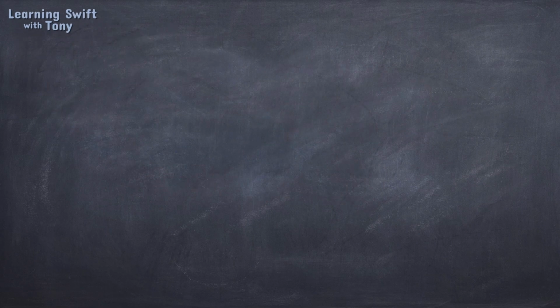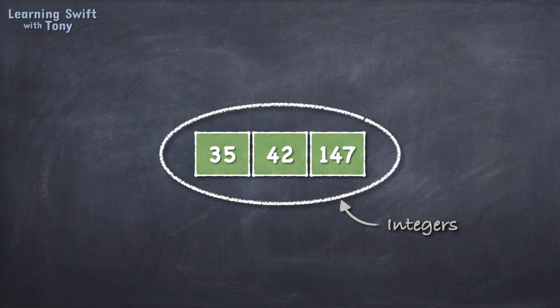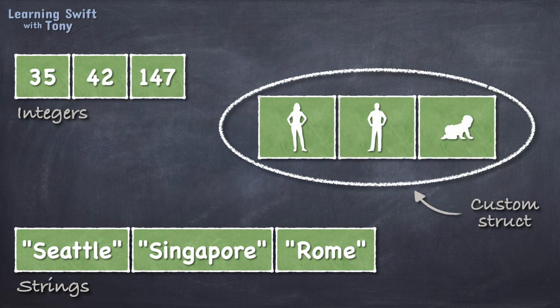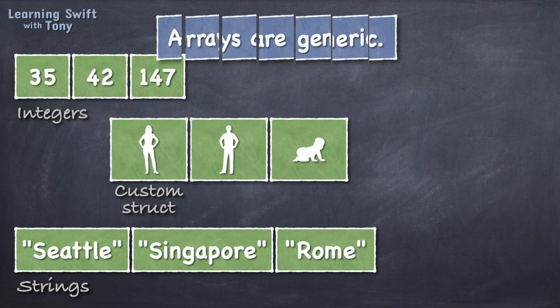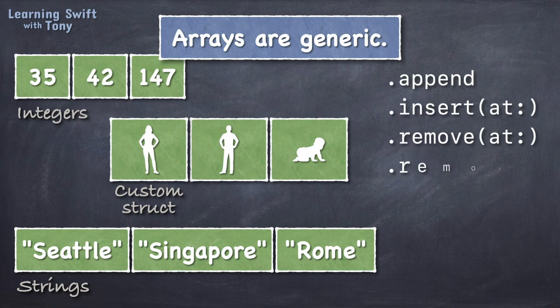So how can we constrain some extended properties or functions on arrays based on the actual data type of their elements? Let's discuss. Last time we learned that arrays are actually generic typed structs, which is very powerful. This way, arrays can hold a variety of data types as their elements, and an entire array can just work without being concerned of what data type they actually contain. There's really no need for an array to be aware of their content data type in order to insert new elements, or remove elements, or to do any operations that already come with arrays out of the box.